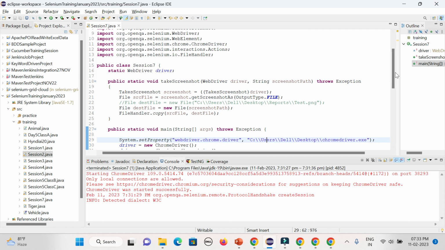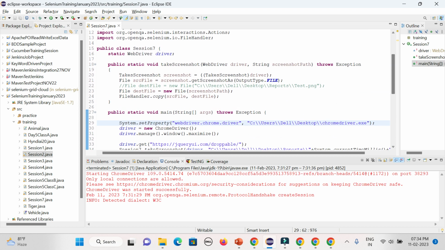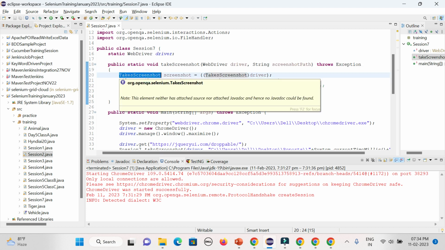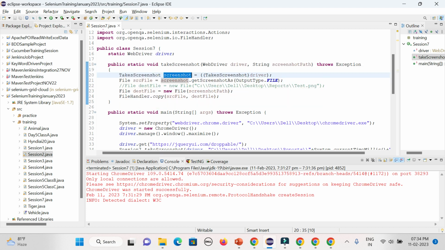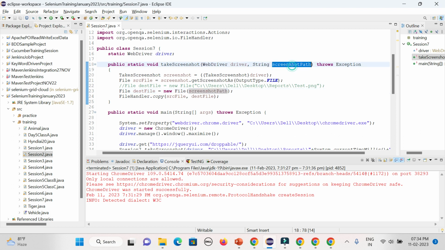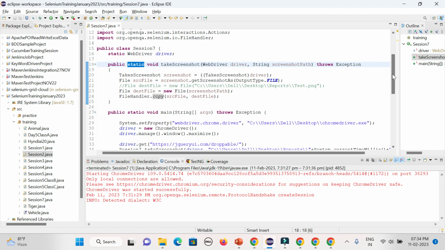So basically what we used to do is create a reusable method or function for that particular part at the class level. So we first need to use the TakesScreenshot interface. We'll be creating an object or instance. It is an interface, so we need to typecast the driver object. Then we'll be calling the getScreenshotAs method and storing it in a source file. And then we'll be giving the destination file path, which will be provided as an argument. Then with the help of the FileHandler class and the copy method, we are just capturing the screenshot. Then in the main method, as we already defined it as static, we need to just call the class,